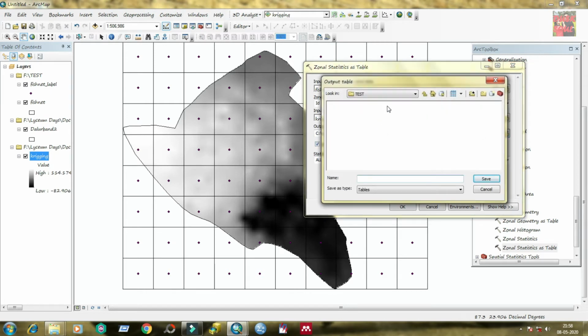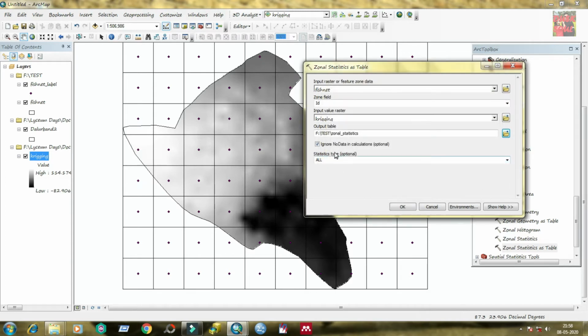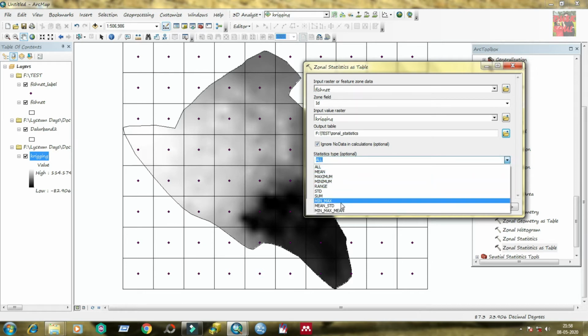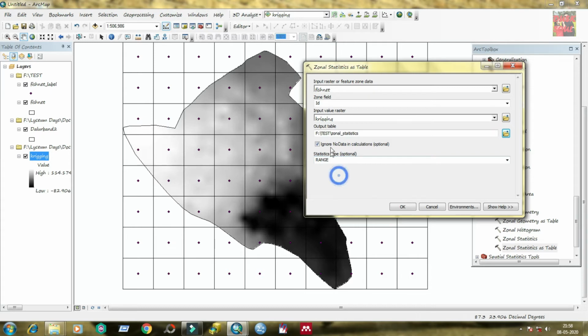Under output table, you need to select the output table and give a file name. I am giving it zonal statistics, save, and statistical type. This is very crucial. For statistical type, firstly you need to select range, then OK.